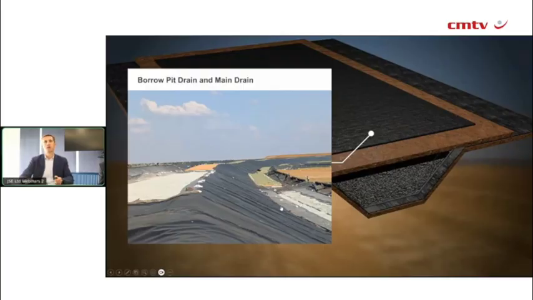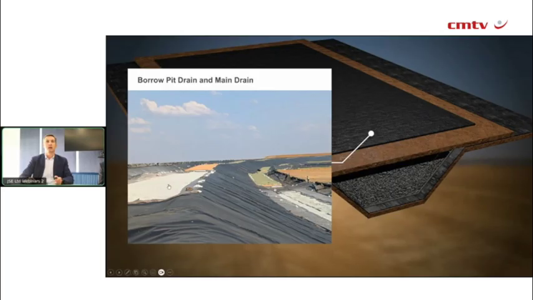Once it's leveled out, you then fold the geofabric over the constructed material, and here's actually a very good picture to show you the 4 phases. If you look at where my cursor is right now, that is where the pipeline is installed, and you're still busy filling that area with the stone prior to folding over the geomembrane. On top here, if you look at the main drain, so that's the borrow pit drain, that's the main drain.